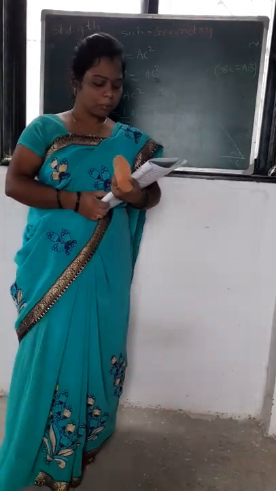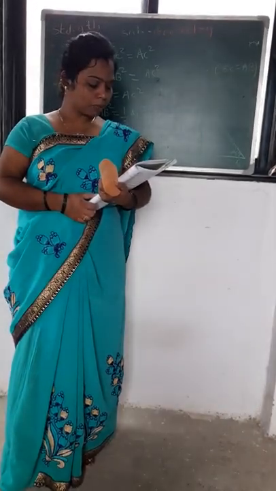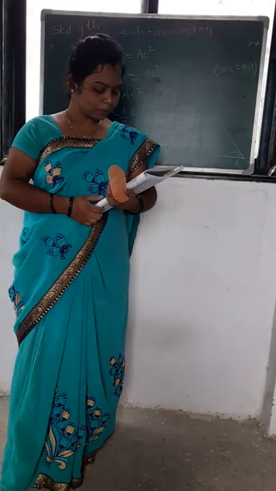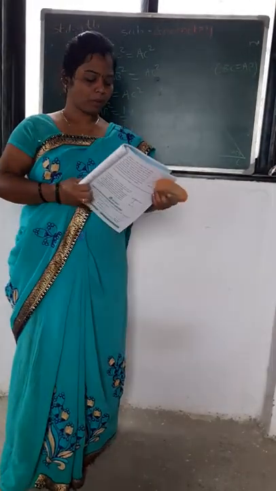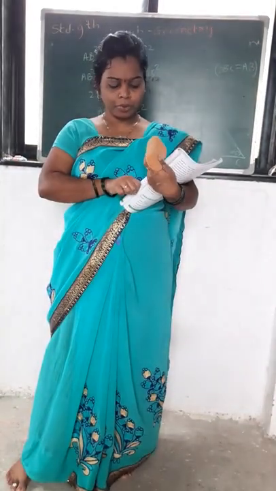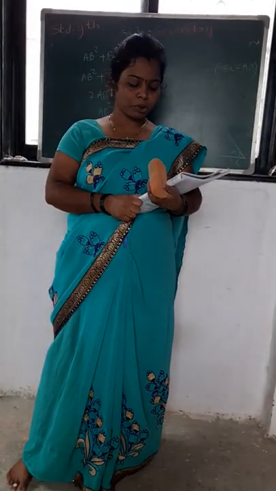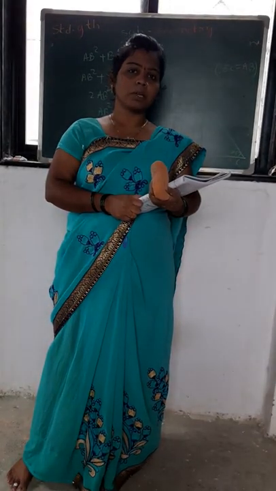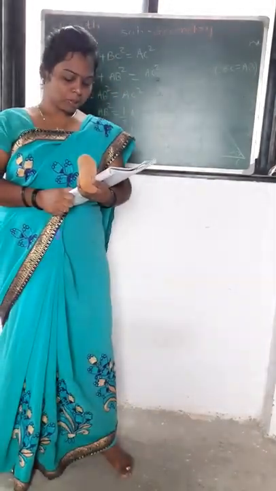Then the next point is, remember this. In this point, you have two statements. The first statement is: if the acute angles of a right angle triangle are 30 degrees and 60 degrees, then the length of the side opposite to the 30 degree angle is half of the hypotenuse, and the length of the side opposite to the 60 degree angle is square root of 3 by 2 into hypotenuse. This property is known as the 30 degree, 60 degree and 90 degree theorem. We learned about this in the last period.